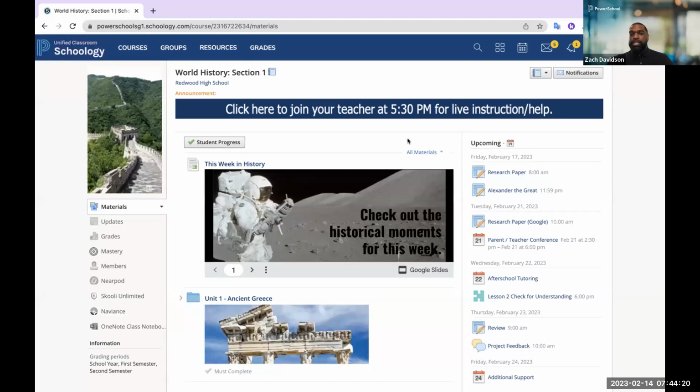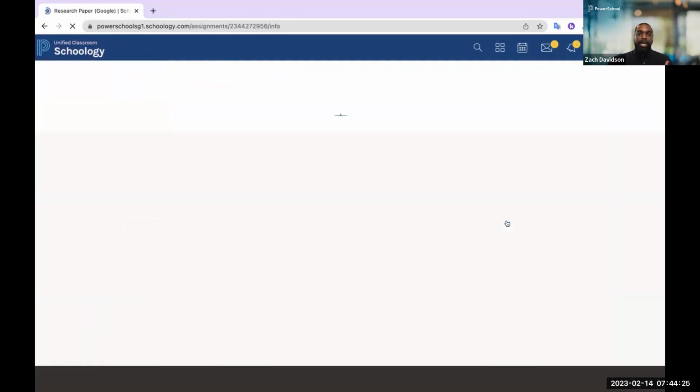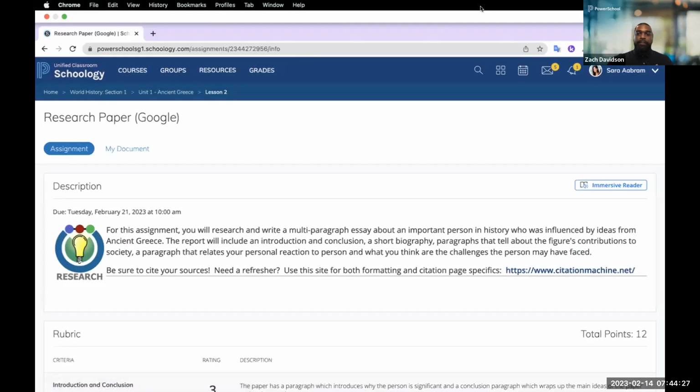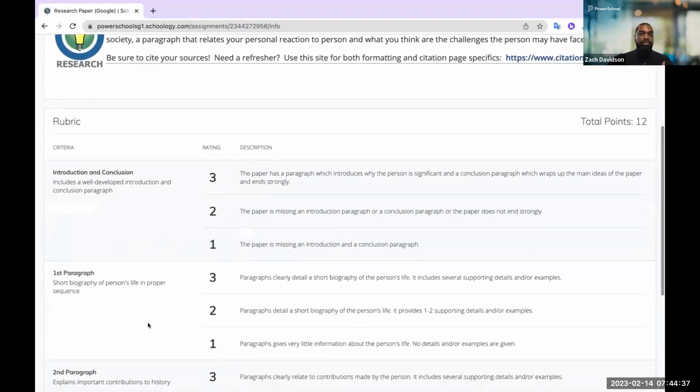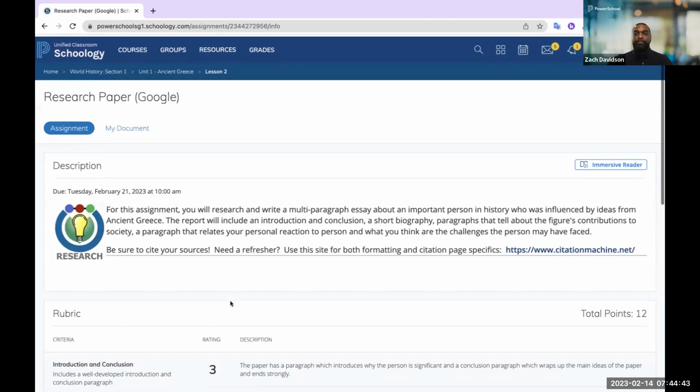What's really cool here is that we can engage students in a multitude of ways. Remember that Google assignment that we showed on the front end from the teacher side? Well, the student comes into that assignment, they review that assignment there, right? I can see the exact assignment in itself. And if I scroll down a bit, what you'll also notice is I can understand how I'm going to be graded, right? I can see the rubric that the teacher is going to push out.